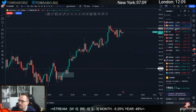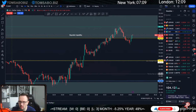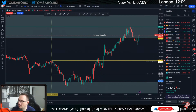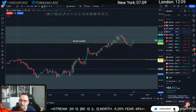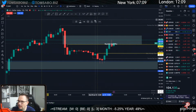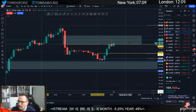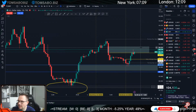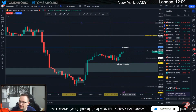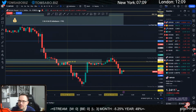Maybe we'll get something. In terms of dollar index, let me lower the music. In terms of the dollar index, it can go up or down, right? Took out buy side liquidity quite nicely. Great. Could go higher, of course. I do expect it to go higher, which could mean some possible short entry for...